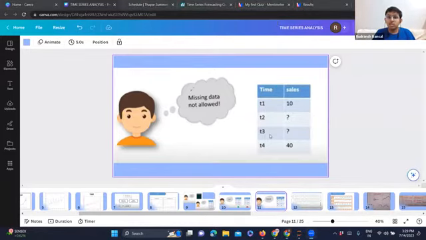So one way of filling these missing values could be a simple mean imputation. We could take the mean of some neighboring values or some previous values, and impute that mean over here. Similarly, we can take the median of the data and impute it with the median. Any kind of imputation or interpolation can be done so that we can fill these values and don't have any null values, because with missing data, we cannot predict the future value.